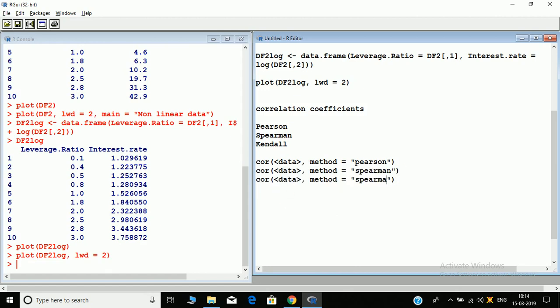And data will be whatever data we need to find the correlation between.